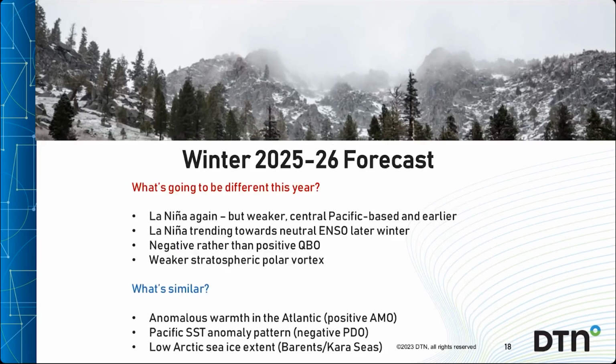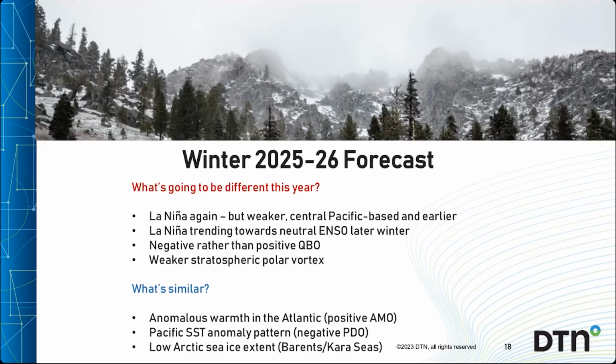Well, that's behind us, so let's get into what we think lies ahead. What do we have to look forward to? Well, like last winter, we're seeing a weak La Nina developing. It's on its way already, but it's earlier than last year and should peak through late autumn and early winter before trending towards neutral conditions in the equatorial Pacific later in winter and into the spring.